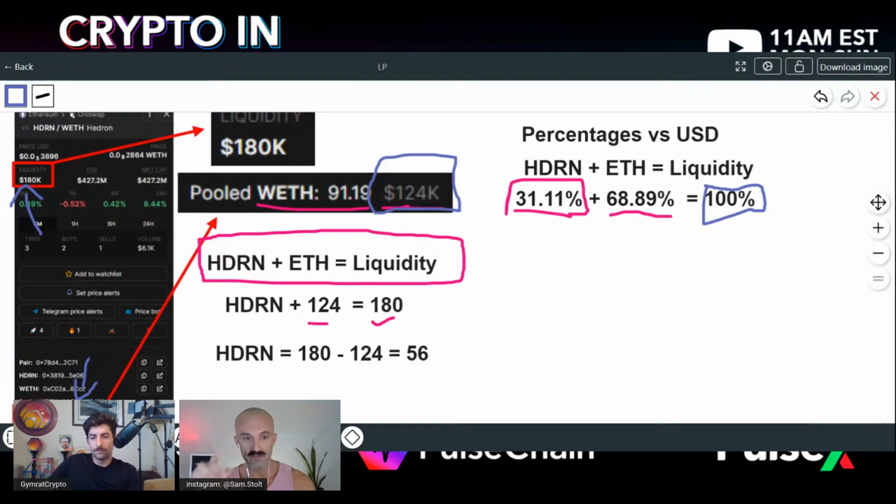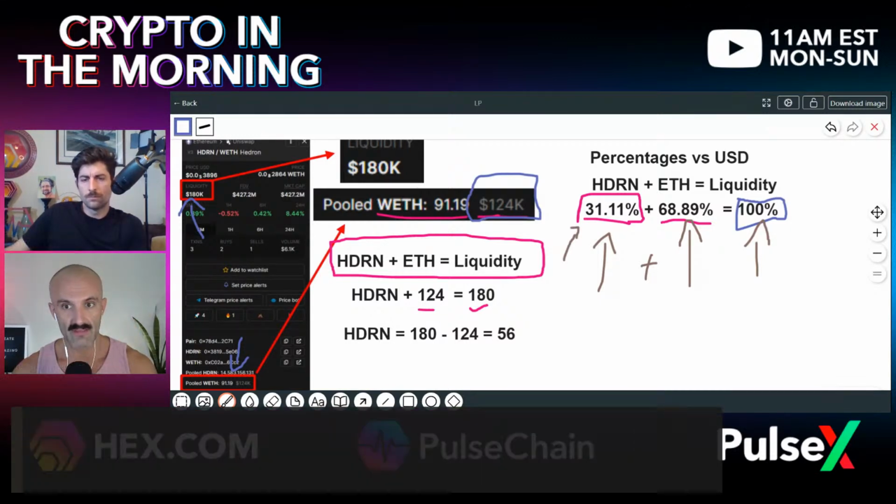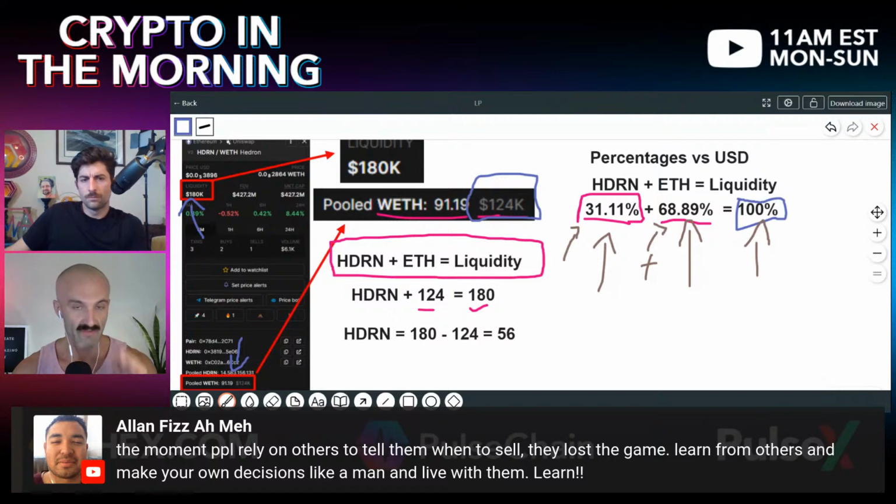Yes, this is a great point. So we literally just looked at this. Thank you for going through that, GOC. Nicely said. So this right here is the total liquidity in this position. And you get to see that this is 31% and this is 69%, and that this is the total, which is just this plus this. So what do we know? In one way or another, this number is going to go up towards 50 and this number is going to come down towards 50. We just went through that tweet. We looked at the real.